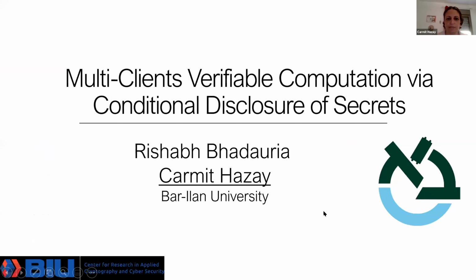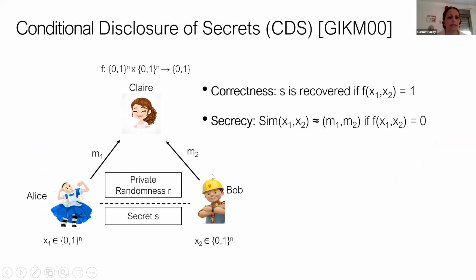Hi, so this work is multi-client verifiable computation via conditional disclosure of secrets. This is a joint work with Rishabh Bahaduria. CDS is a generalization of secret sharing where two parties, let's call them Alice and Bob, share a random string R, and they wish to disclose a secret S to a third party, conditioned on the fact that the output of some predicate equals 1,